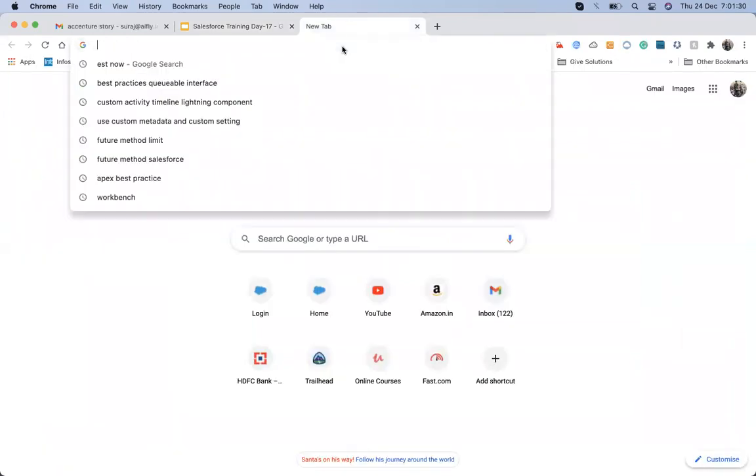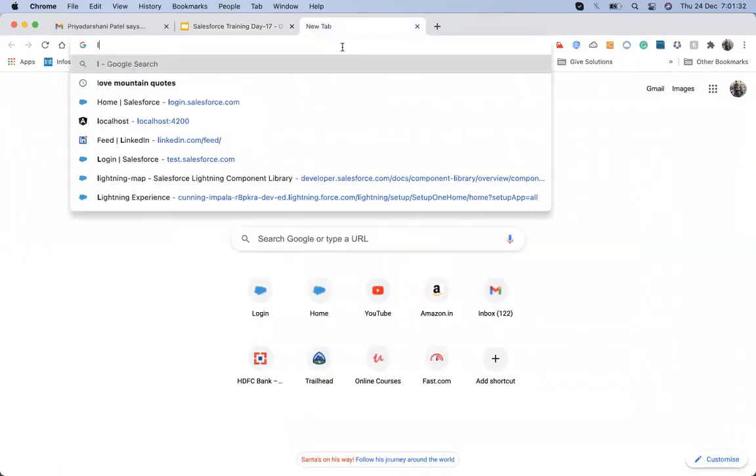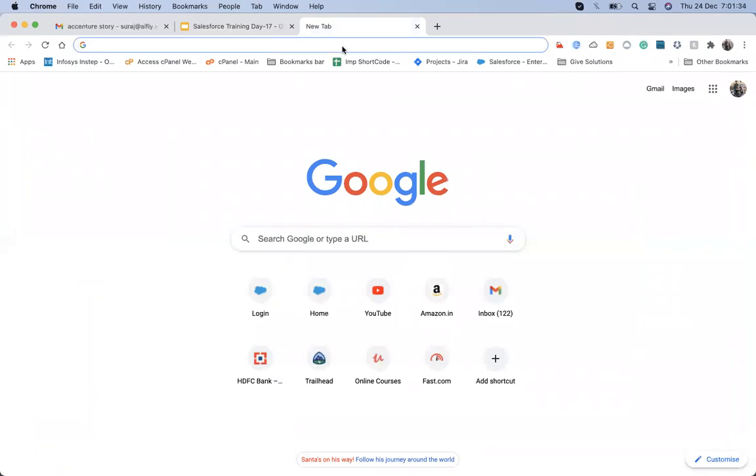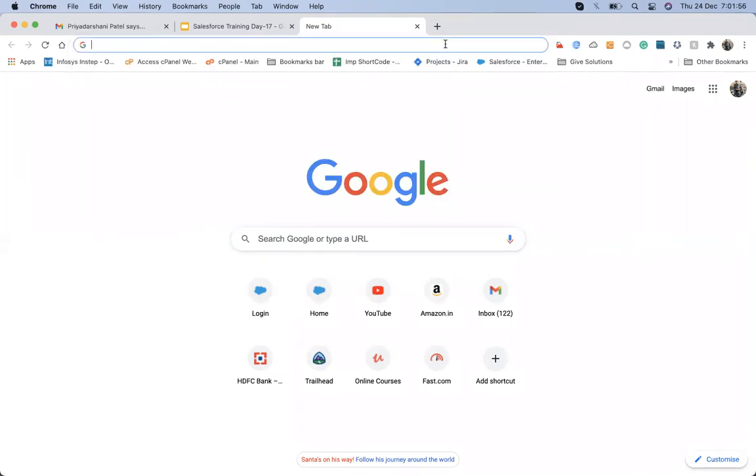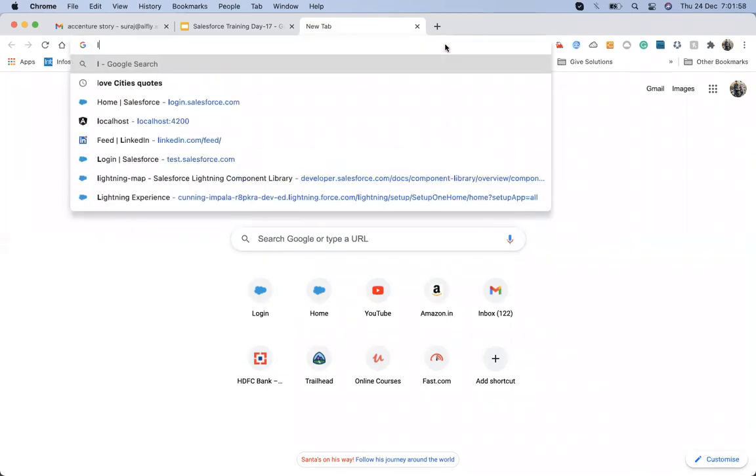Okay, yesterday we talked about that flow and we have some points remaining on the flow. So let's have a look at how the other things are working. We haven't talked about how to update existing records. We have talked about how to create a record and how to get a record, but we haven't talked about how to update a record. So we are going to do that. First, let me log in.